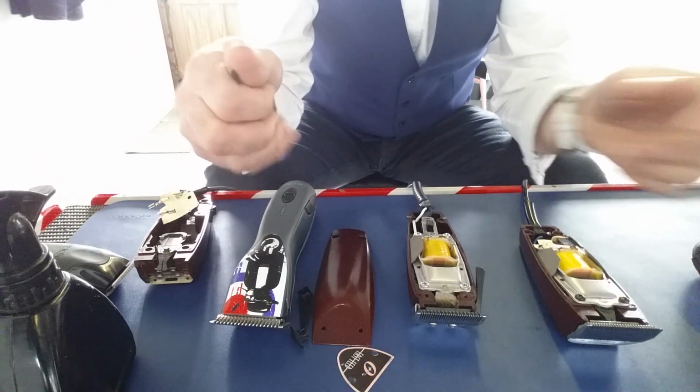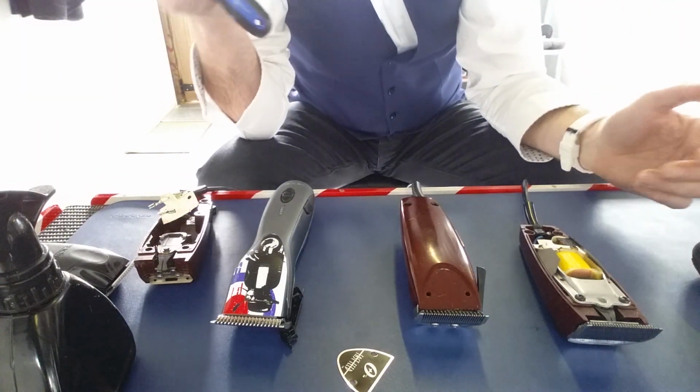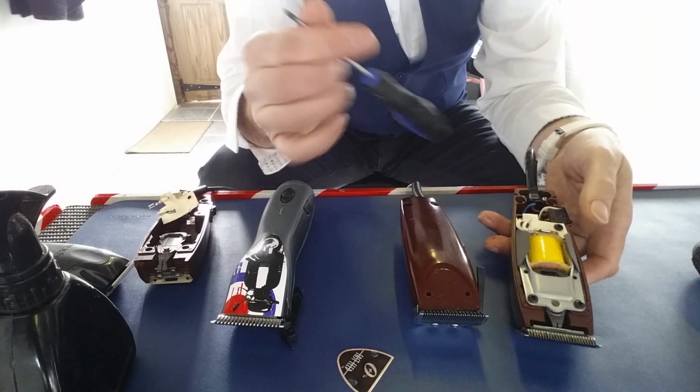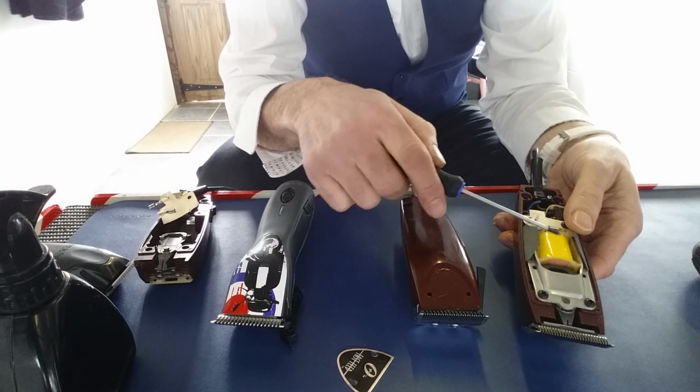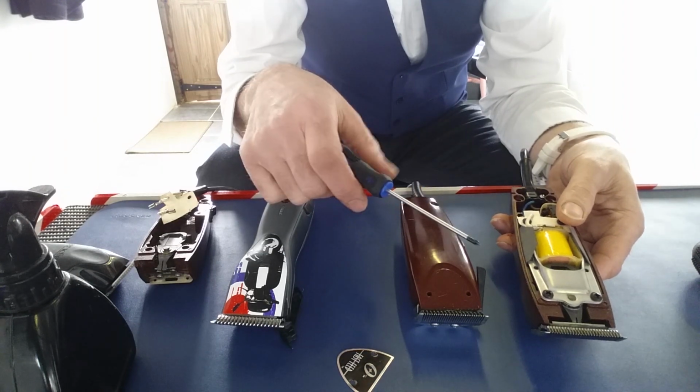The Oster fast feed, I'll put it back together, works perfectly without any adapters. Now obviously you're not going to have one of these lying around. I imagine the 606 engine's the same, motor's the same, the 616 is the same, so if you've got any of those old clippers lying around, keep them,